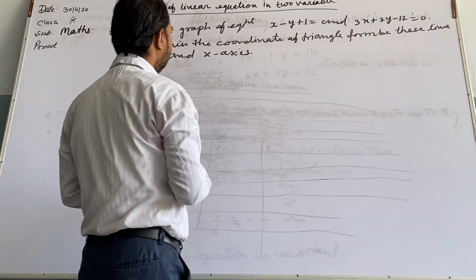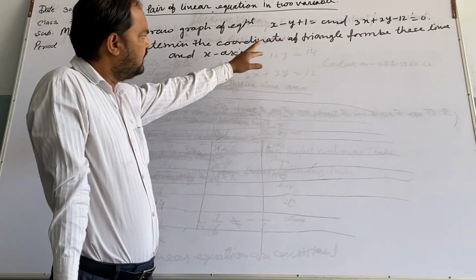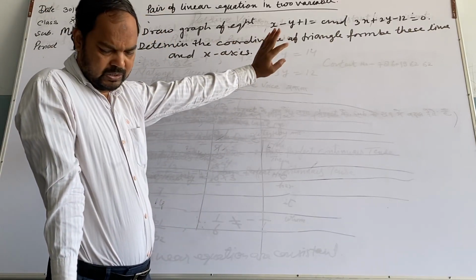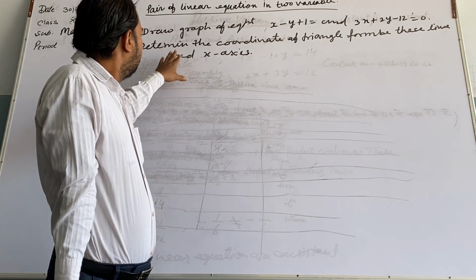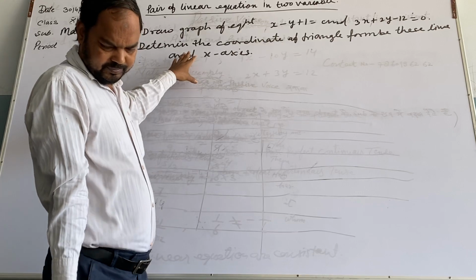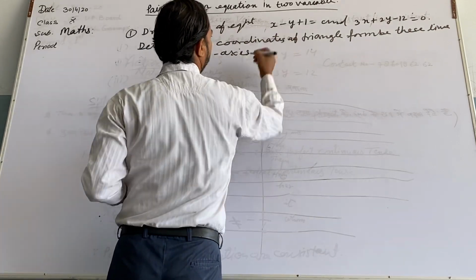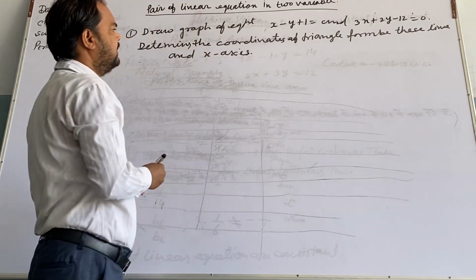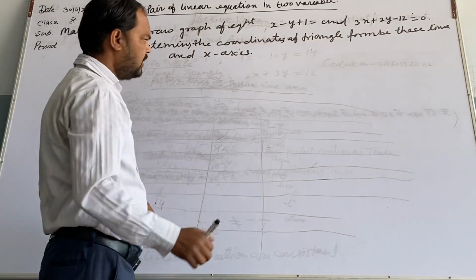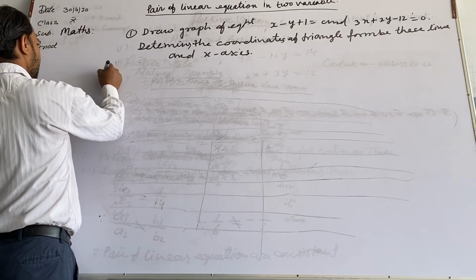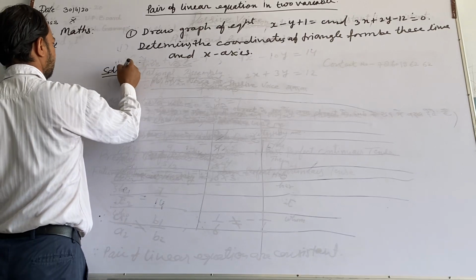Now, draw the graph of equations x minus y plus 1 equal to 0 and 3x plus 2y minus 12 equal to 0 and determine the coordinates of the triangle formed by these lines and the x-axis. Now, as we had drawn graphs in the previous class,